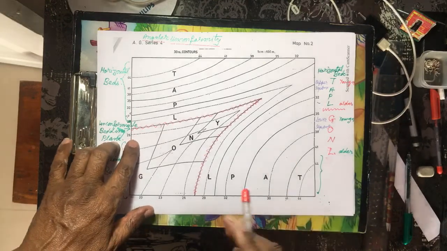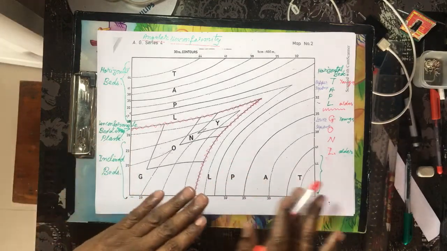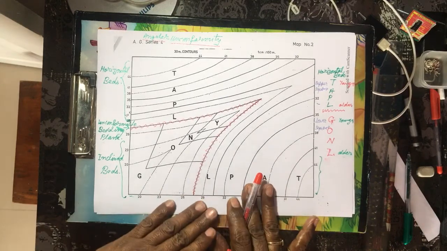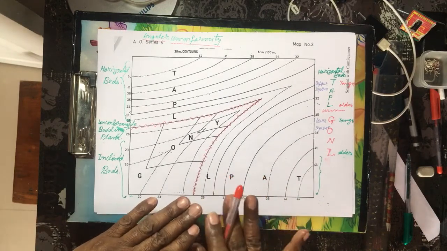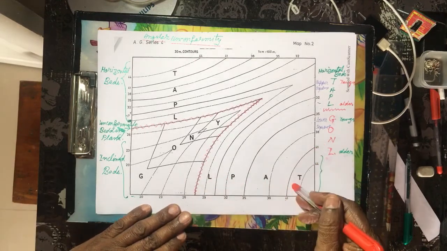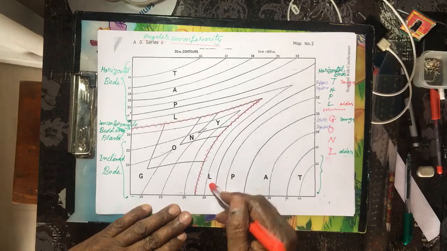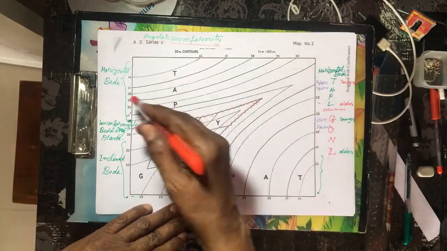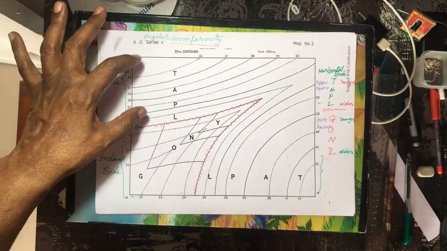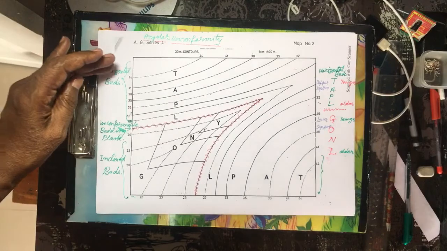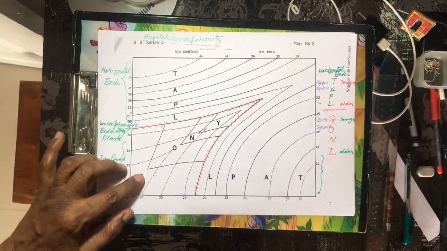So if we find out the orientation of the beds, some of the bedding planes are parallel to the contour line. Contour lines are not intersecting them; they are having one set. Look here, this is the T bed, A bed, P bed, L bed, and they are the bedding planes. They are not intersecting the contour line, so they are parallel to the contour line and they represent horizontal beds. This is the one sequence, and they have higher elevations than the other one.